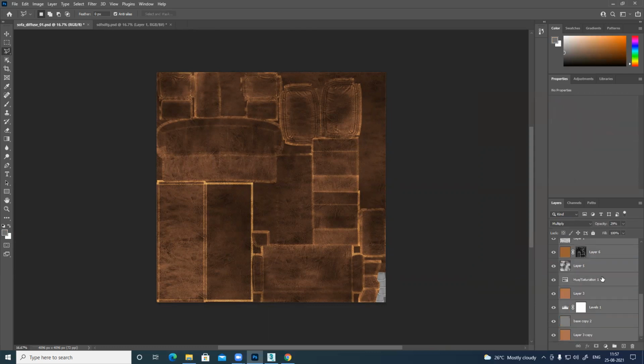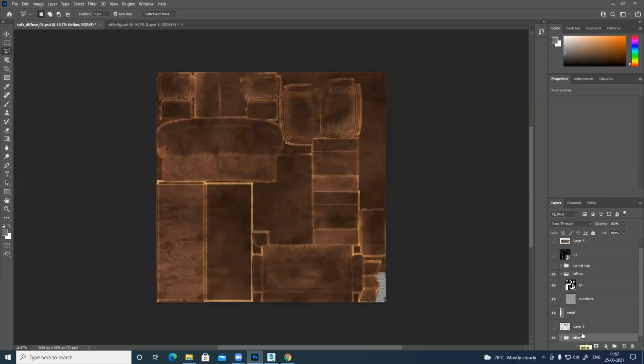So select the entire thing, Control G. If you're not able to name every layer, you can just group it and name it leather. So if tomorrow somebody else opens the file, they can identify all leather things are inside this folder, because that file should be usable for everyone.